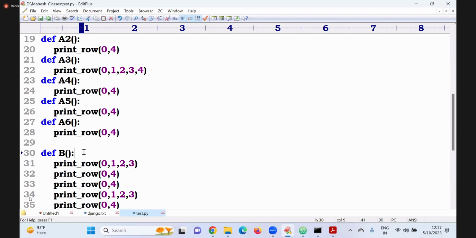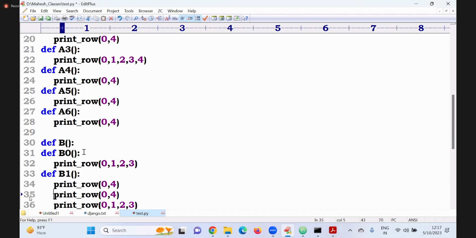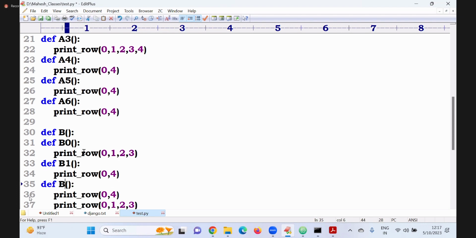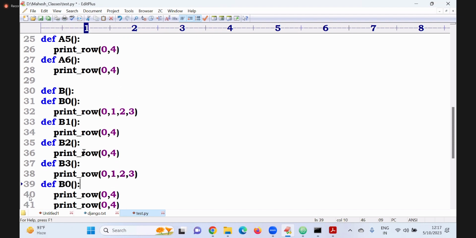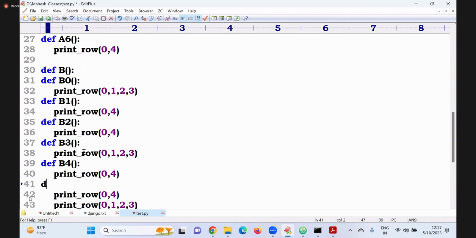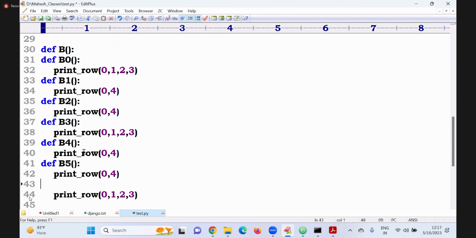In the same way, you have to take def B of 0, B of 1, next B of 2, B of 3, B of 4, B of 5, B of 6. Function ready.